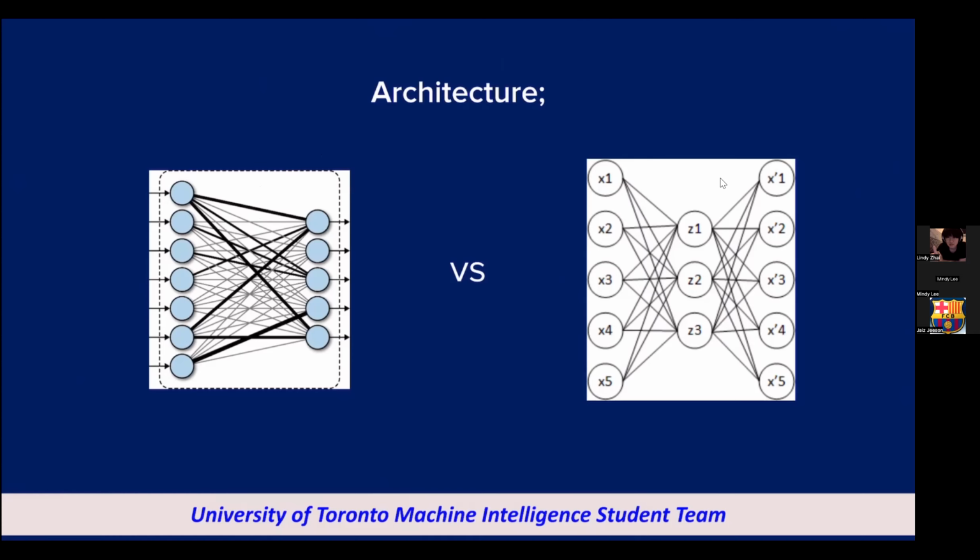Because on the right side here, this is an autoencoder, as we can see that it's kind of an hourglass shape. So the output has the exact dimension of the input, but the middle layer is reduced. Its dimension is far less than its inputs and the outputs. And the purpose of that was,